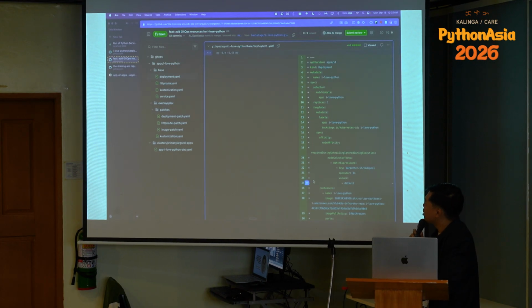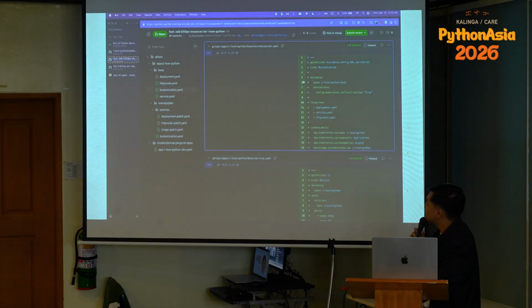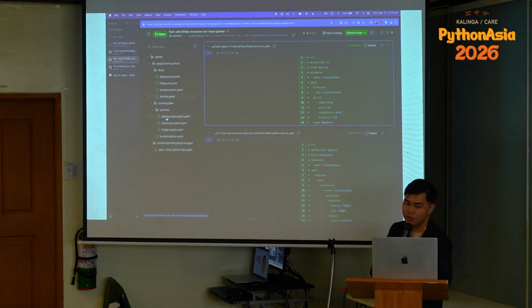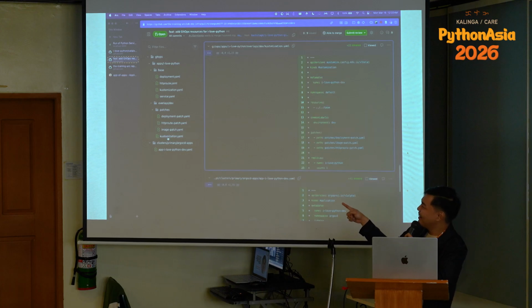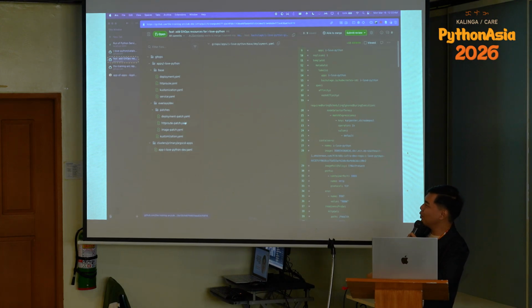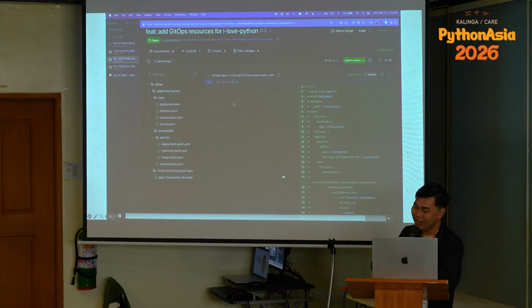So that's the deployment, the service definition, the templating for customization, all of that. What we're going to do now is wait for the CI of the I love Python repository to upload to our container registry, and then merge that PR. And we're going to showcase how that gets deployed.